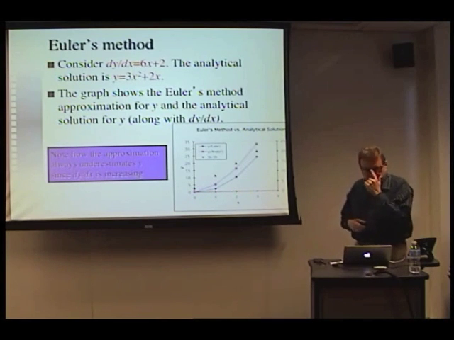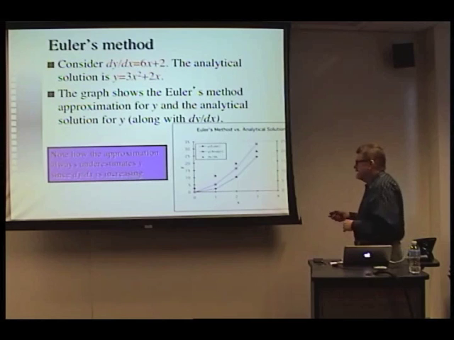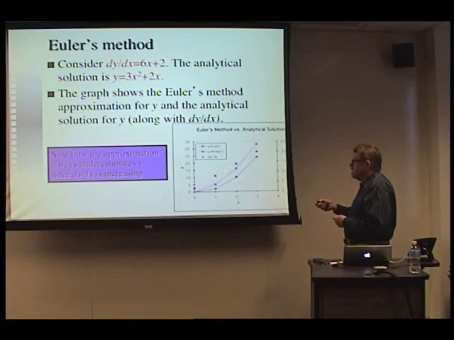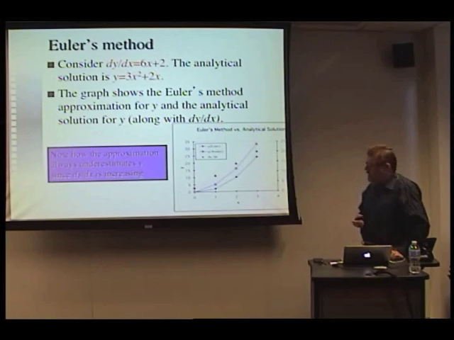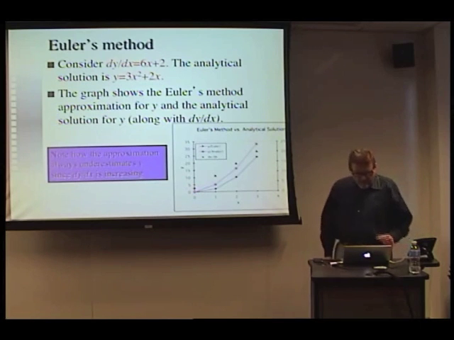Okay? Now, what you'll notice is that this blue line is below the cyan line. That is, we're underestimating the rate of change of y. Why is that the case? Because the derivative is increasing, as we see in the green triangles. Okay? So when the derivative is increasing, we're going to be underestimating the amount of change because it's changing faster as we move to the right, and we're just thinking that it's changing at the same rate as it was here. Okay? So,